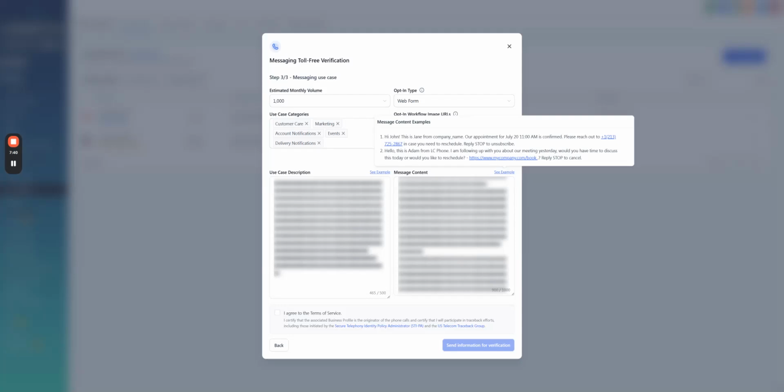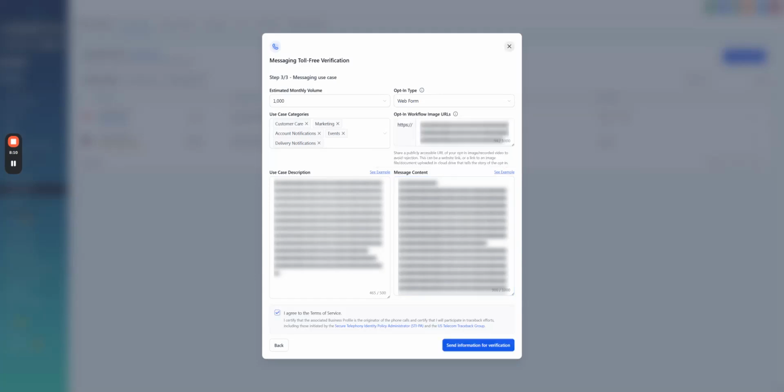Those are the examples, and you can also include them if you have marketing, account notification, events, but there is only a 1,000 limit, so I just put the three scenarios with the case. Okay, so check the I agree to the terms and services.